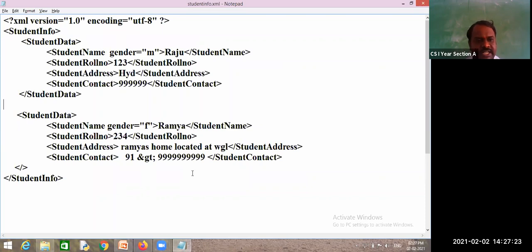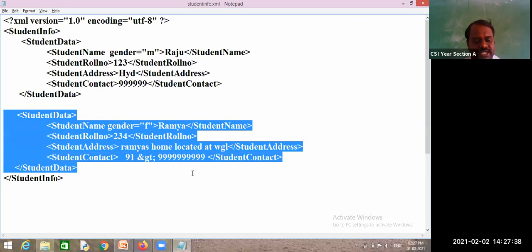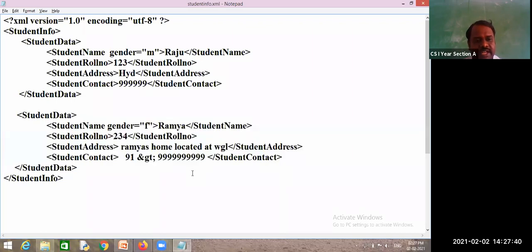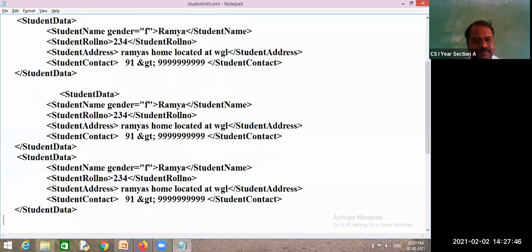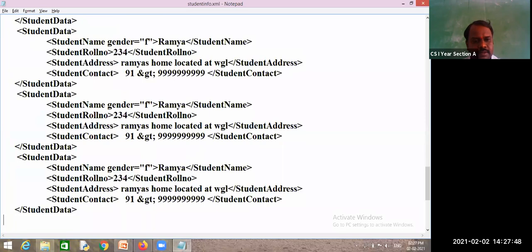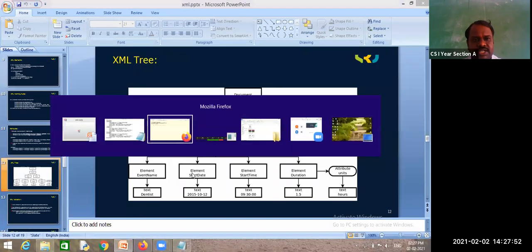No, they will contain lakhs of lines, lakhs of student records. When it contains lakhs of data, will you get confused to understand this or not? Yes, this much data is present.